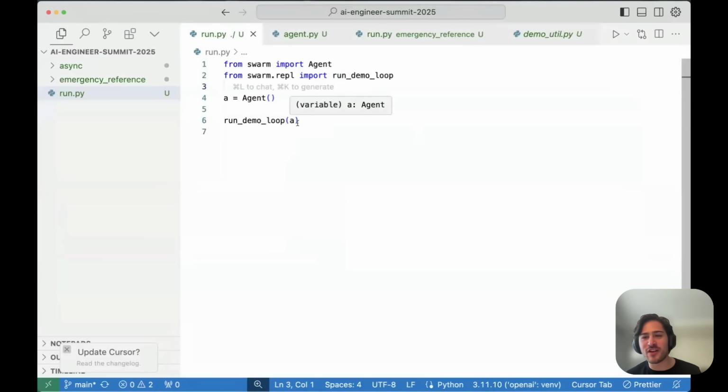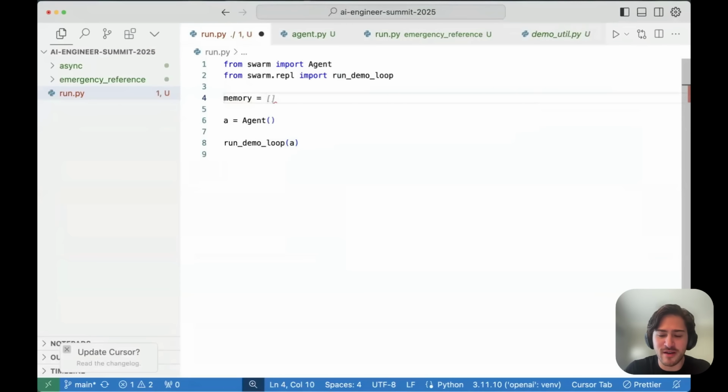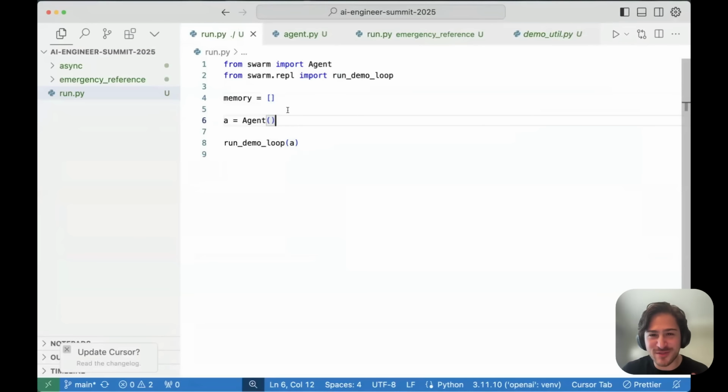Yeah, let's start with a very, very basic form of memory. How do we do this? Honestly, we can have just a list. Memory can just be this list, and I'm going to implement this similar to how it's done in ChatGPT. I think the whole point of this workshop is doing things from first principles and really removing the complexity. There's a lot of added complexity on things that doesn't really need to be there a lot of the time. Concepts are a lot more simple, and it's all about function calling.